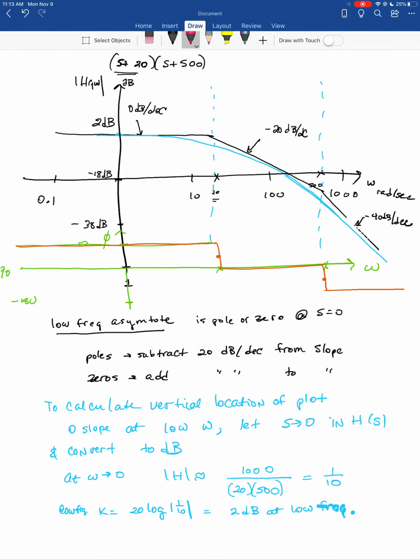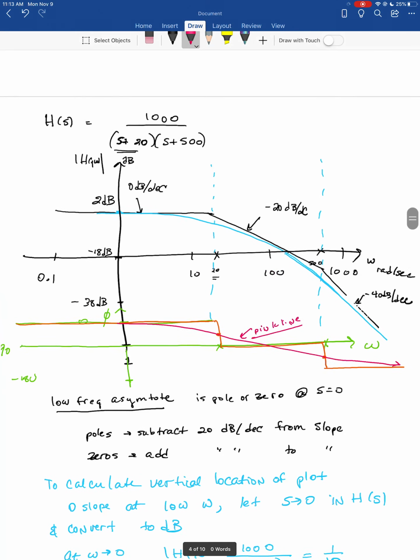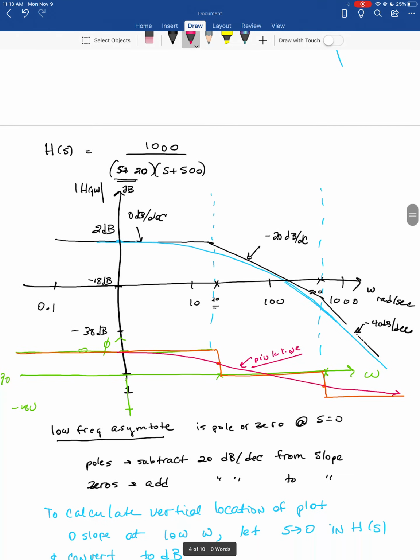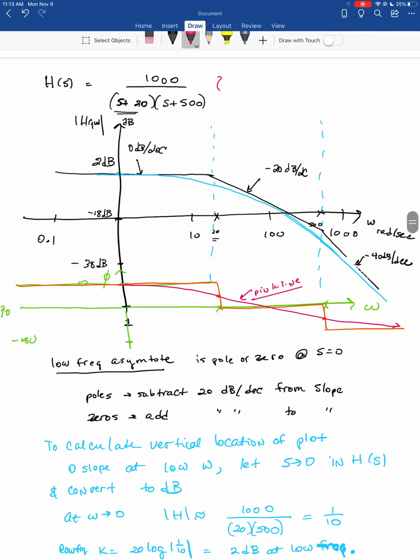The asymptote is longer than it is for the magnitude plot, so it breaks from the asymptote sooner. To me, it is a little more difficult to sketch a phase plot by hand, but roughly this pink line gives you an indication of phase. Obviously, I would show a more dramatic shift if I had my axis bigger. I just kind of messed up and didn't leave myself enough room to do a phase plot. Alright, so I'm going to stop the